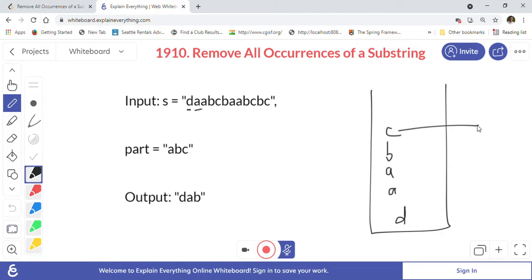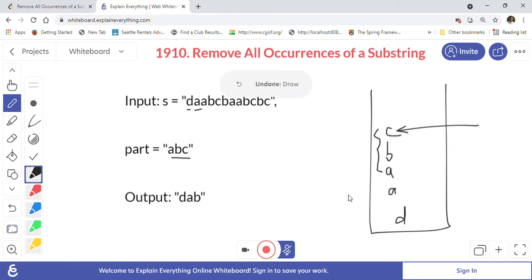When we put a C in the stack, we check if the last three characters are forming the part. If they are forming the part, then we remove them from the stack. We keep picking characters into the stack and deciding if it is forming the part.